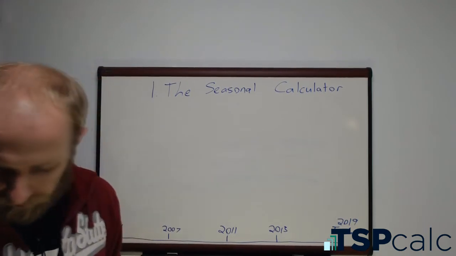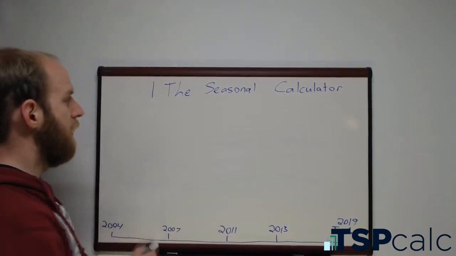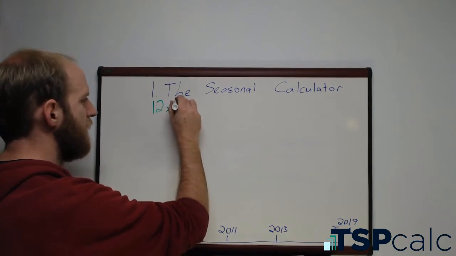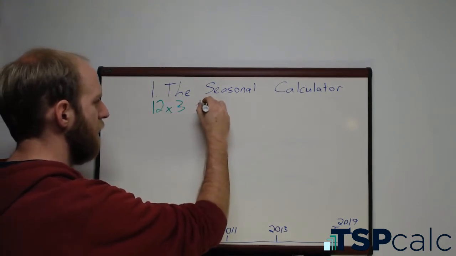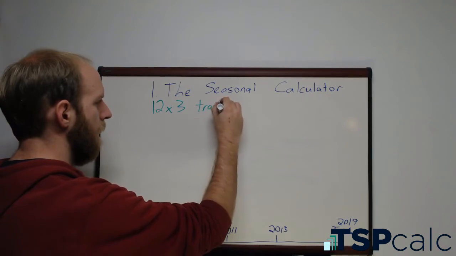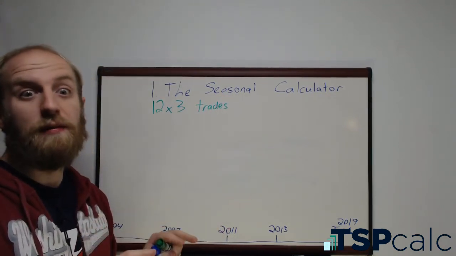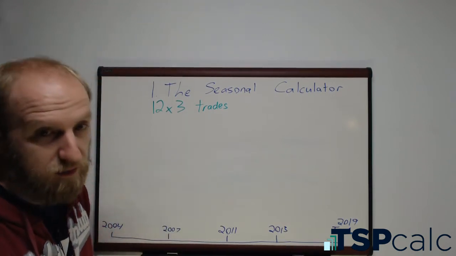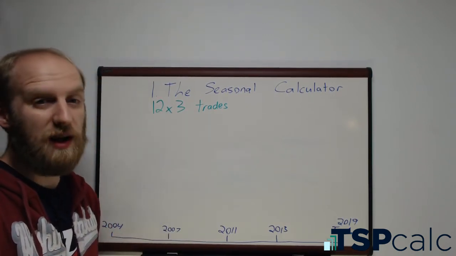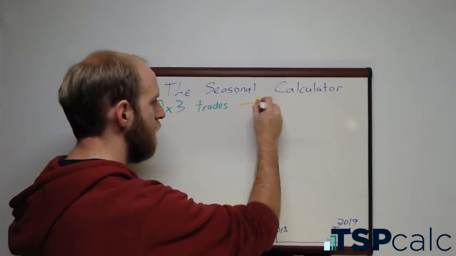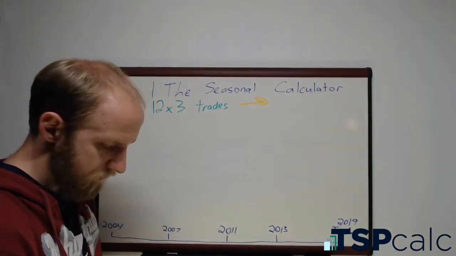So the seasonal calculator allows you to input 12 months of 3 trades per month. 12 times 3 trades. All right? So you type it in. Just what if, that's basically what it's doing. What if I made these trades at the same time every year, 2004 to present? What would have happened? And it spits out